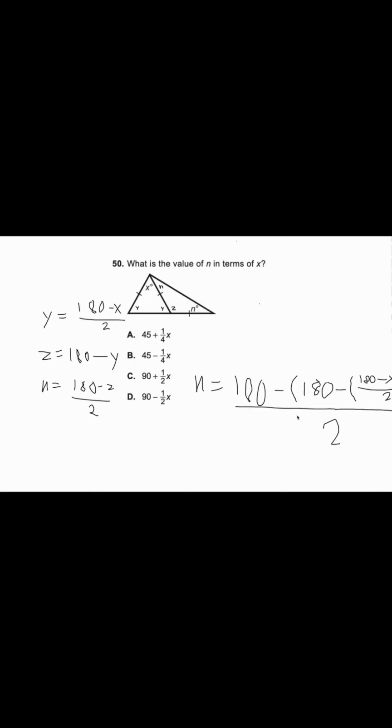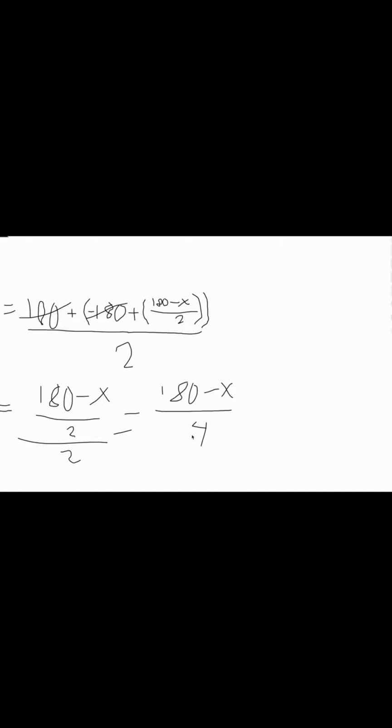Okay. And we're all solving this way. Okay. So now we can start solving here. So this minus sign, we can go ahead and distribute this out. So we'll put a minus here, we'll make this a plus, distribute out that minus sign, and make this a plus. Okay, I just think that looks a little bit simpler. Now we know that 180 plus negative 180, those two are just going to cancel. Okay, so now we're left with this, and what we can do is we can go ahead and simplify this